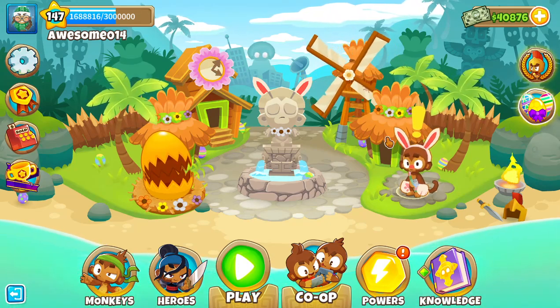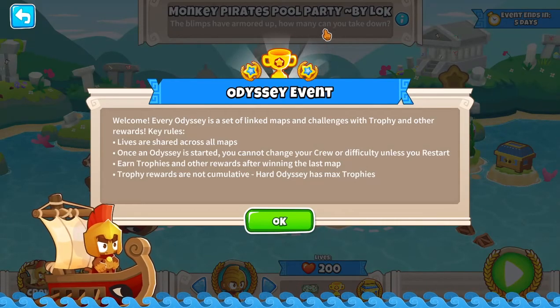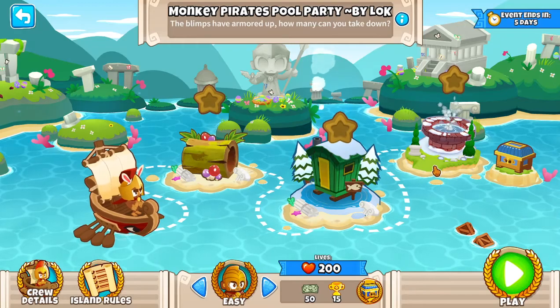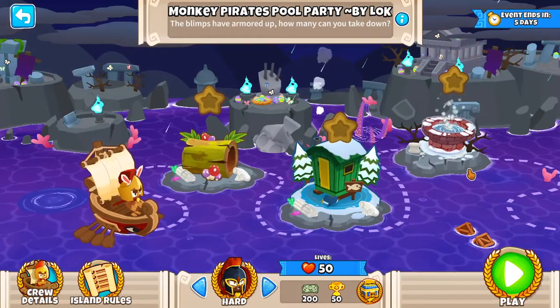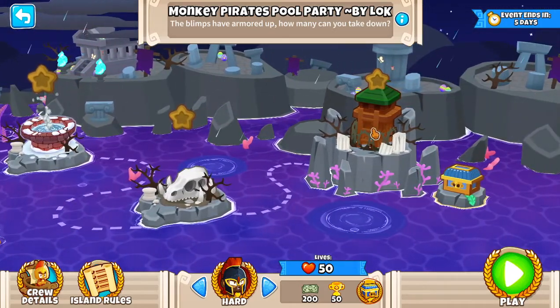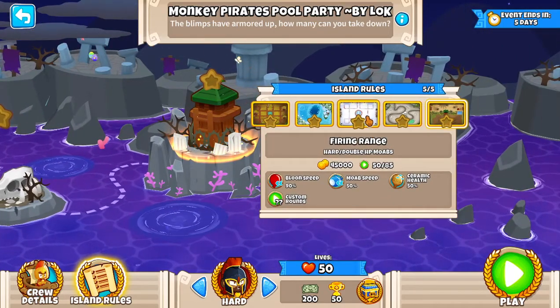Alright, ladies and gentlemen, once again, new Thursday, new Odyssey. What have we got here? Ooh, Monkey Pirates Pool Party by Lock. Alright, so we're expecting a lot of maps with water, as well as quite a lot of boats to be used. Interesting map of choice for water, because there's only a tiny puddle, but I guess it's the same on...